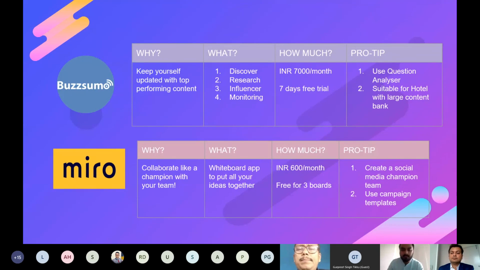Like the F&B department might just have someone who's very good with clicking photos or who has some brilliant ideas. So I usually tell hotels to try to identify the right people across every team, because a hotel is not just about F&B or selling rooms. There are so many parts to it, right?